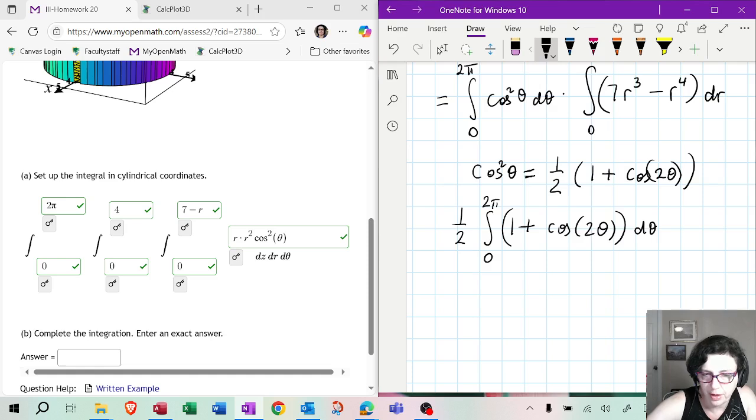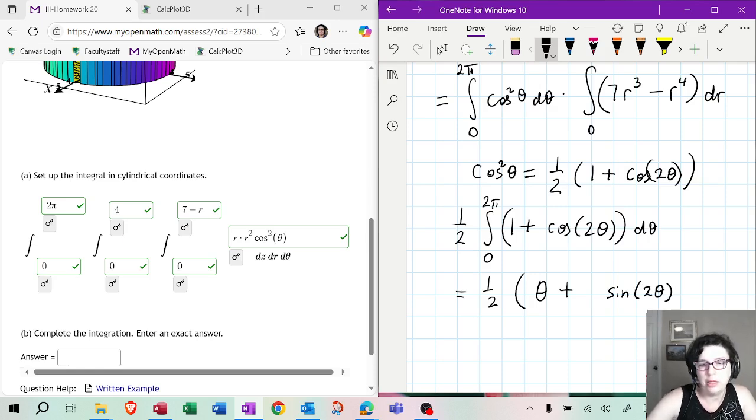So let's deal with that one first. The integral of 1 is theta, because you're integrating with respect to theta. Now, what about the integral of cosine? Everybody should know that that's just sine, and the argument stays. If you were to differentiate cosine, the 2 would come in the front. But if you're integrating, it'll be 1/2. Not that it matters, because once you start substituting, you're going to get 0 either way.